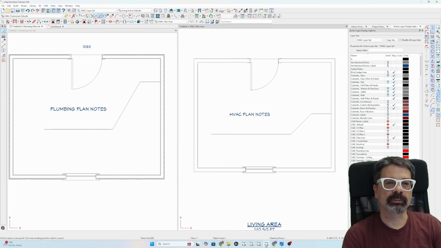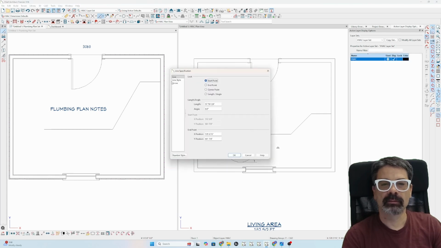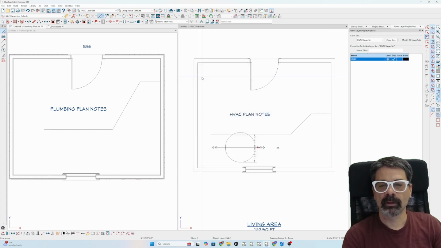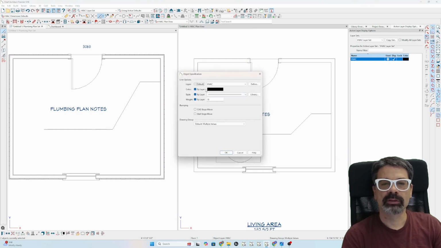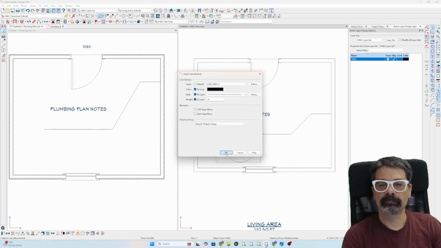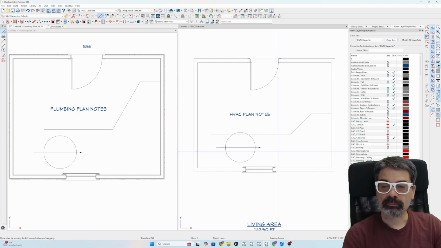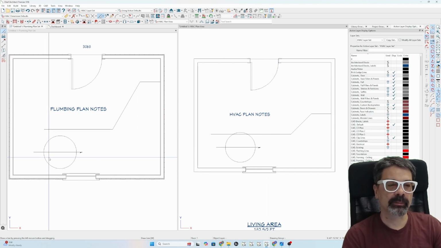And then I do something like this. This is going to be on my HVAC2. These two items are not on HVAC. I want to put them on HVAC2. Like that. And I'm good, right? And then I go about my day and I come back to my plumbing plan notes